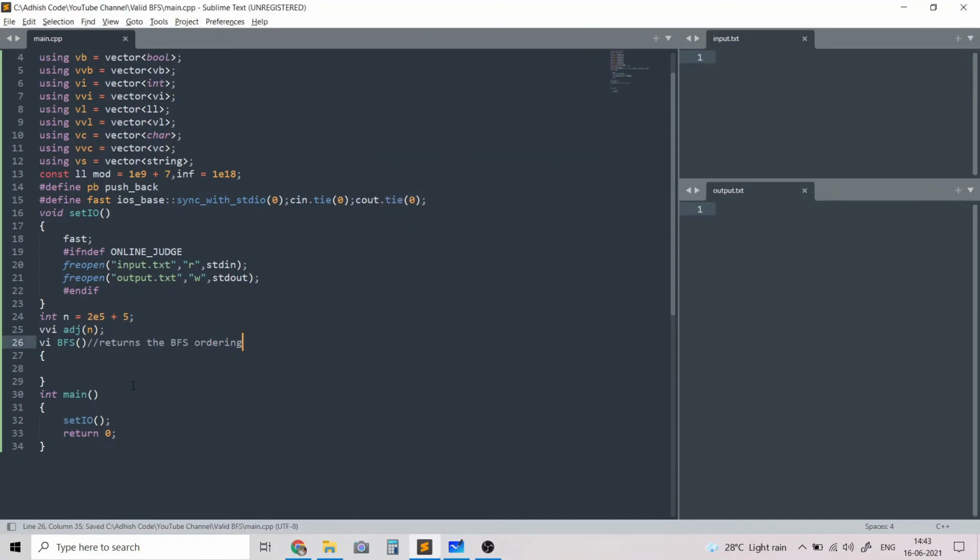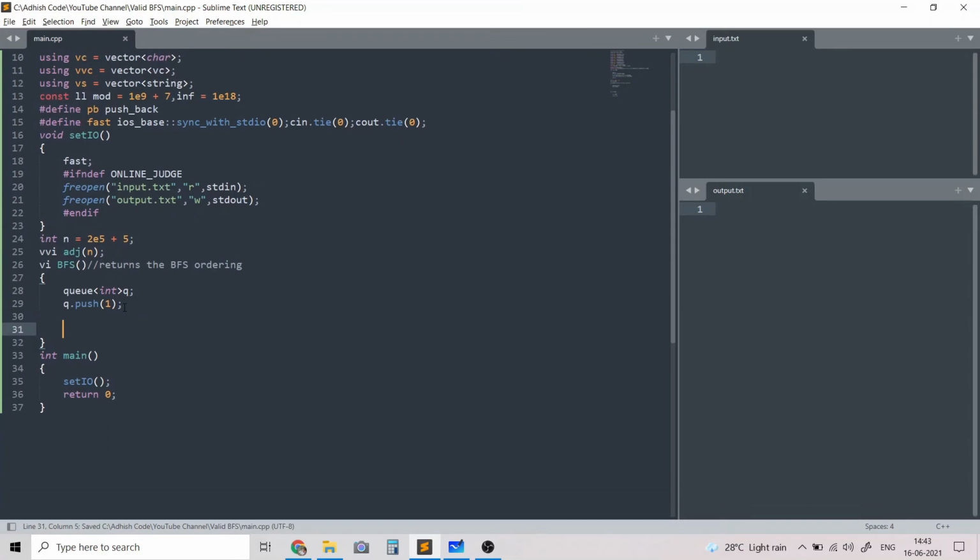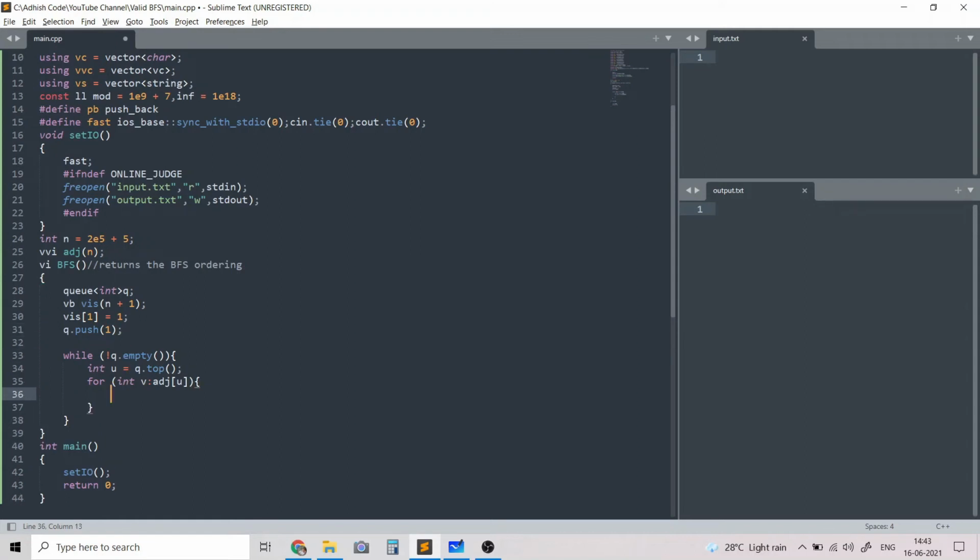The BFS function works in 3 steps. In the first step, we initialize a queue with the single node 1. The second step is basically one line, which is the while loop. And the third step is to extract the top node from the queue and to add every adjacent unvisited node to the queue. So I have to have a visited array, and for every unvisited node I'll add it to the queue.